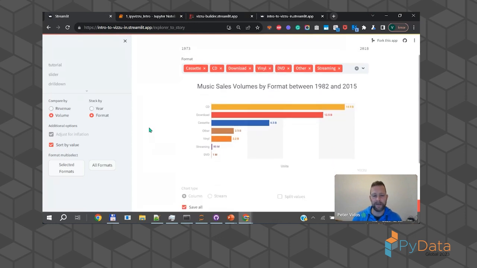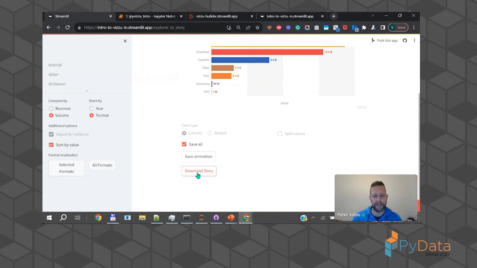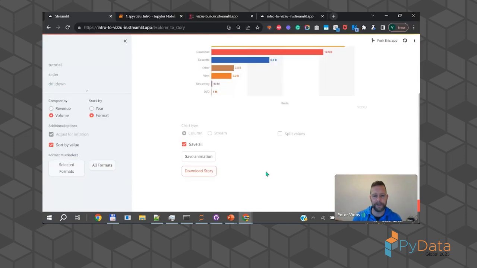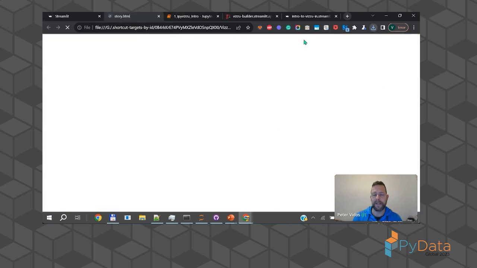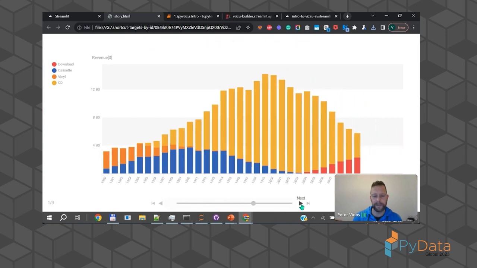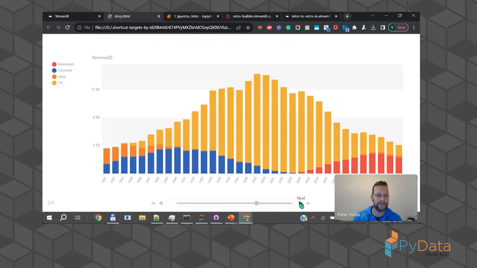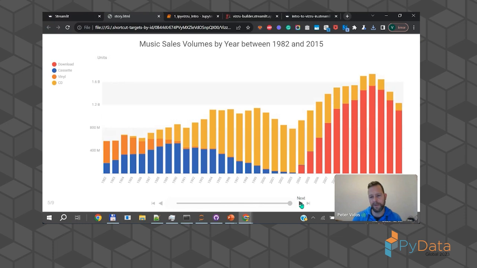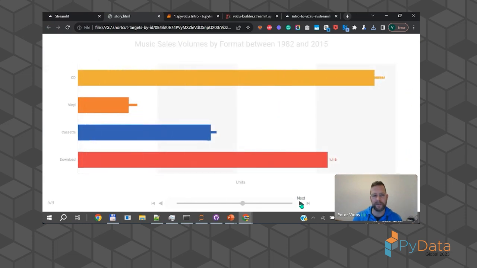And also in the background, there's an animated story being created. So if I click on this download story button, then an HTML file is being downloaded to my computer. This is just a very early implementation of this feature. But if I open it, then I actually have an animated presentation that contains all the different steps that I took while I was fiddling with the report. As you can see, I extended the time frame to the right. I removed some years from the left. I adjusted the values for inflation, then switched to volume, and then aggregated everything over